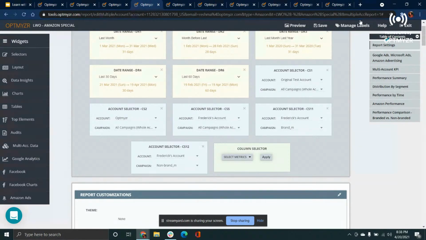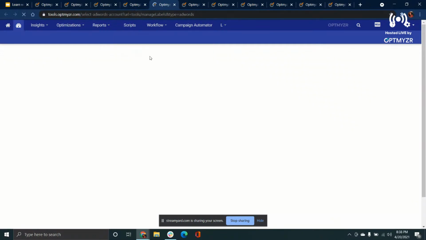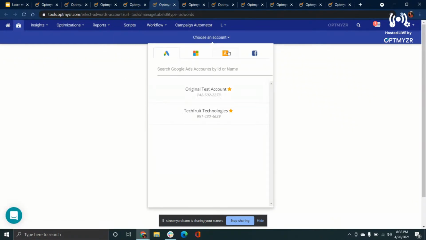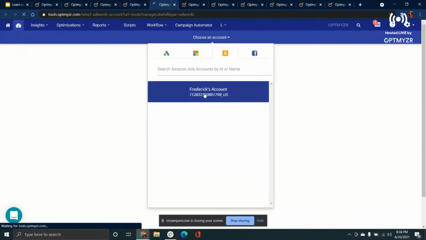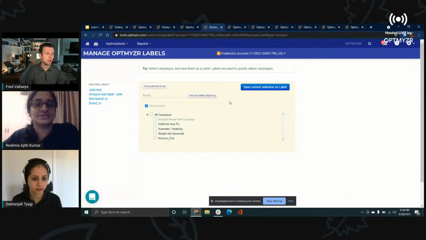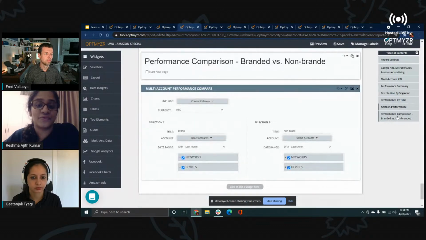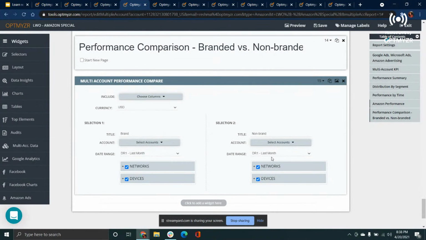All you have to do is hit manage labels, and the tool takes you to an interface where you can group campaigns together and add a label for them. So I'll quickly show that as well. Yes, you can pick up the campaigns, add a particular label, and I've already added one for brand and non-brand. So how this becomes interesting is you can actually compare performance for your brand campaigns versus non-brand campaigns.